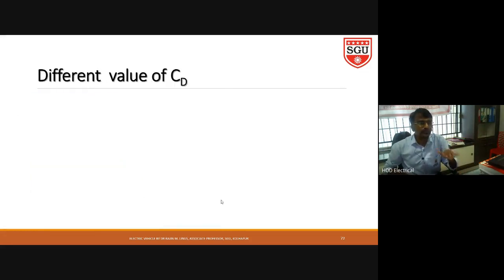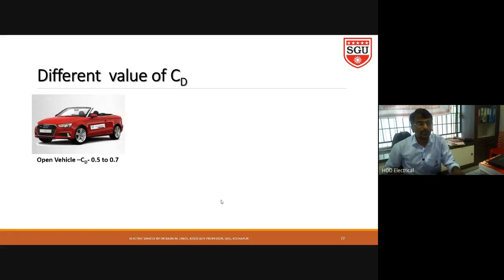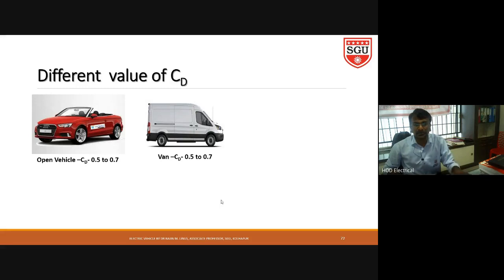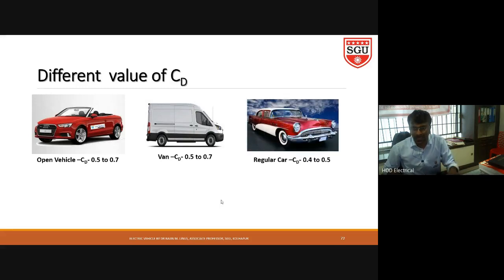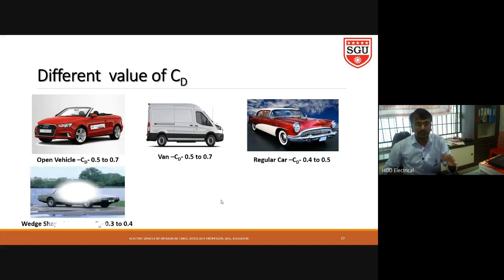Another thing: I want to show you the different values of CD with respect to different shapes of vehicle. See here, an open vehicle has a CD of 0.5 to 0.7, a van has a CD of 0.5 to 0.7, and a regular car has a CD of 0.4 to 0.5. See the shape, automatically CD is changing.